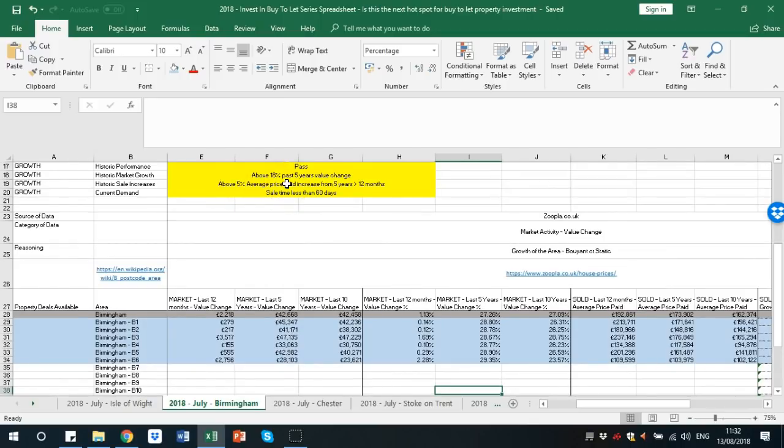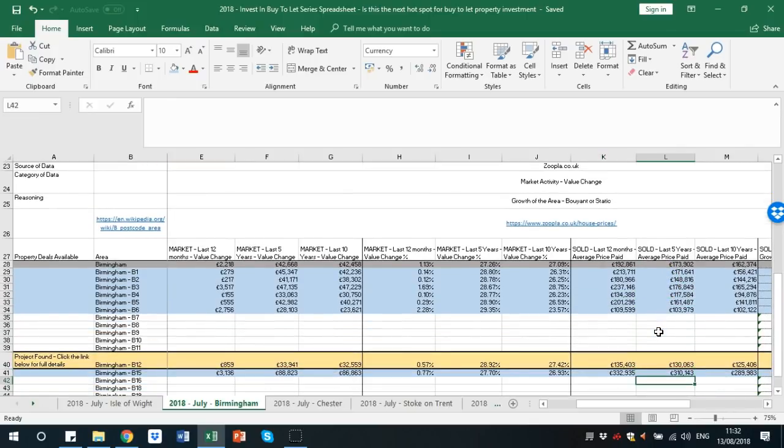So we're looking at a growth on value, so market value, as well as the actual physical price people are paying on average from that 12-month to 5-year time frame. And we're looking for about 5%. Now that's not going to be a 5% growth per annum, or anything like that. It is a blended data set. We're using average prices, and it's using data from across all of this time frame of 5 years to 12 months. So it's difficult to show using that data